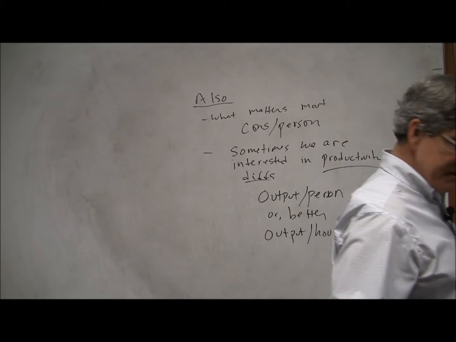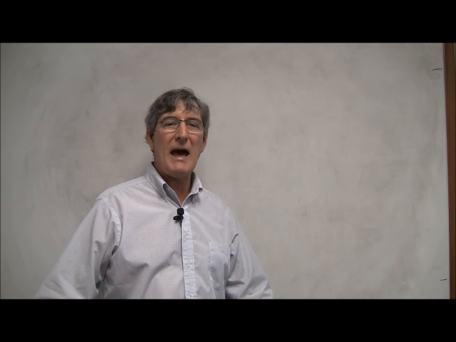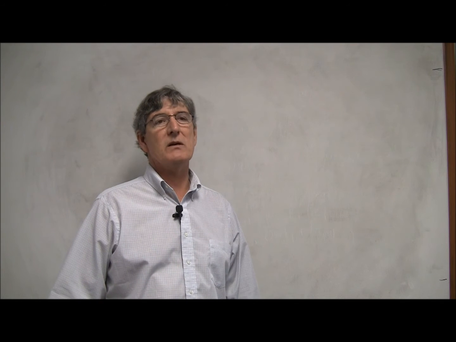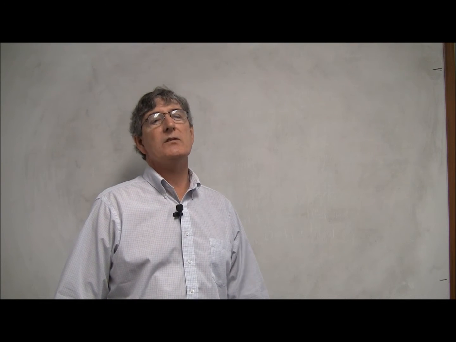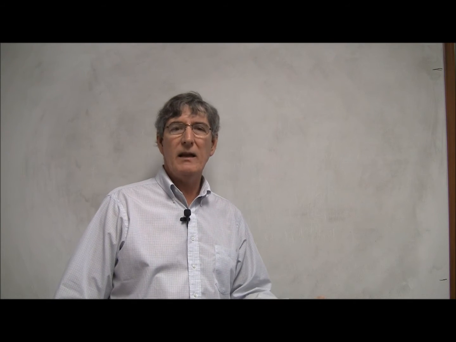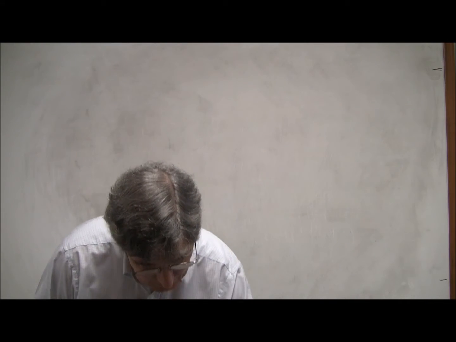The final thing I'll note is that, as I said earlier, what we're most interested in is well-being. And probably when you took 202, you talked about all the reasons why GDP is not a perfect measure of well-being. It misses non-market activity. It doesn't control for pollution. It counts bads as well as goods and other sorts of things like that. But there's also perhaps a nonlinear relationship between well-being and GDP per capita. So it may be what we're really interested in is utility or well-being.